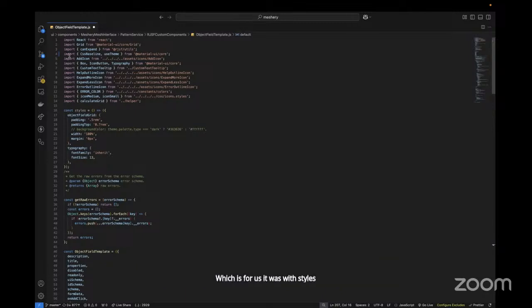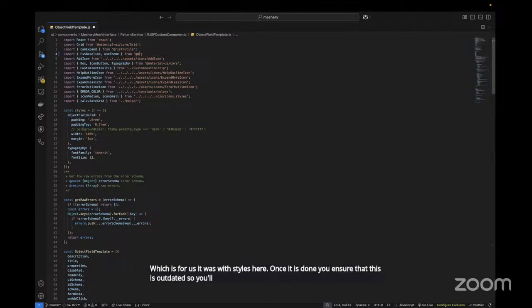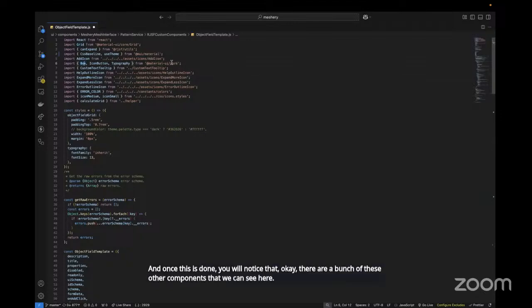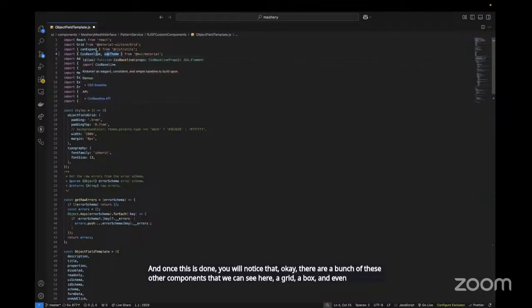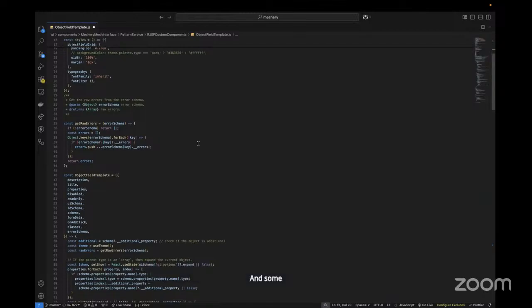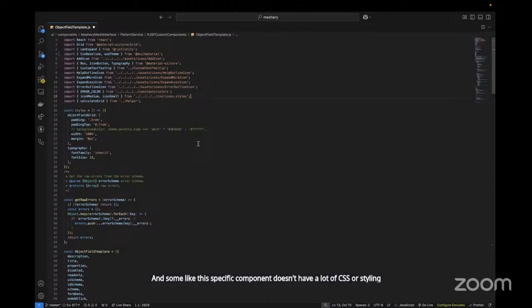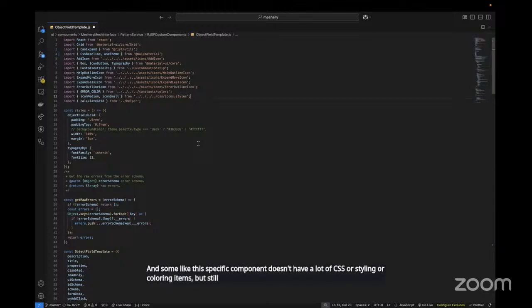Once it is done, you ensure that this is outdated, so you'll update it to MUI/material. Then you will notice there are a bunch of other components that we can see here, a Grid, a Box, and even the theme, the baseline. This specific component doesn't have a lot of CSS or styling or coloring items, but we'd still cover that once I'm done with how you would change the generic structure.